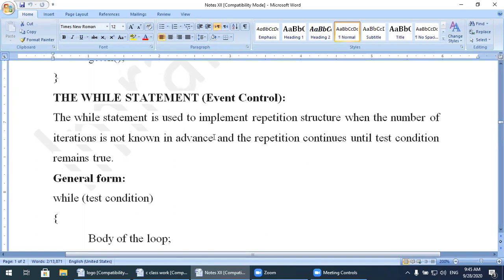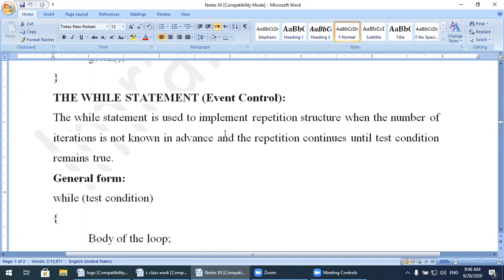When we know the boundaries, meaning the starting value and the last value, then we use the for loop. But when we don't know how many times a statement will be repeated, for this purpose we use the while loop.